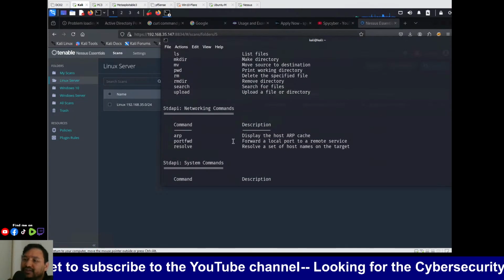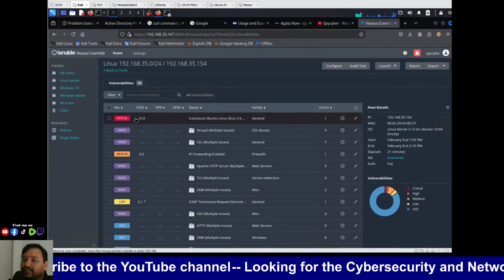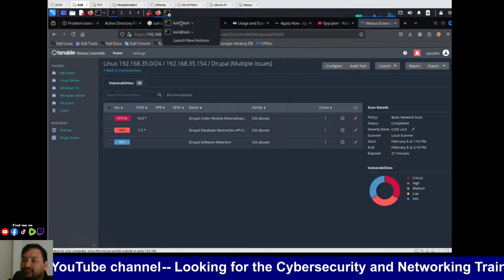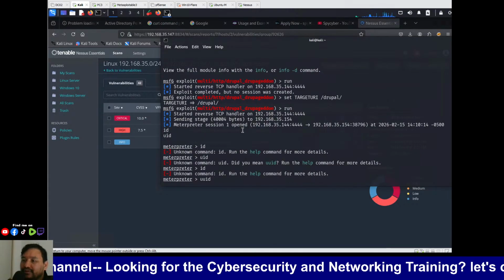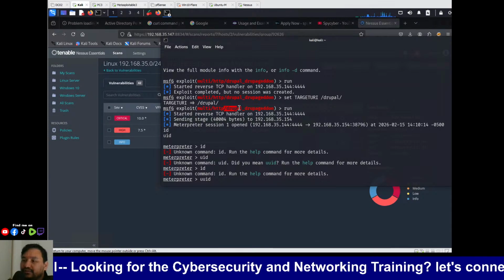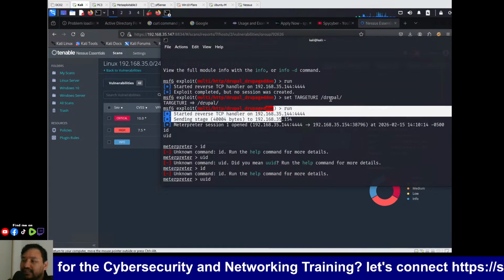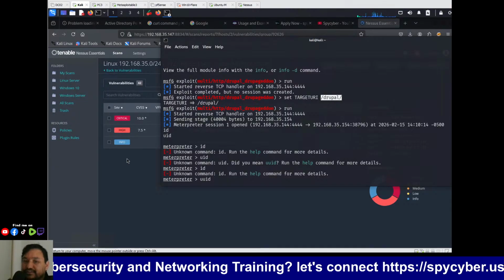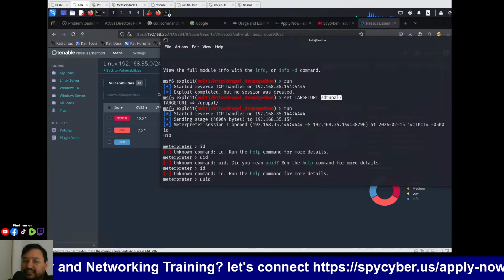Now this is how we find it, right? This is the critical one, and then we try to get access through the Metasploit table, and we find the DRPL, and then we find the target, right? Because this is the DRPL, and then okay, so I will try this, and then it is there. So now,